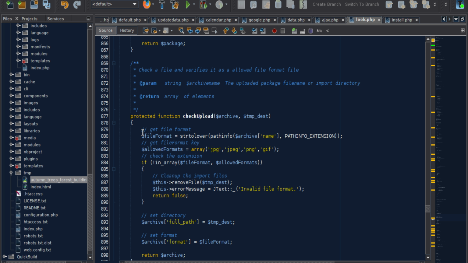Now, this isn't airtight, because this really just checks that the file's type is one of these, the extension. It doesn't actually validate that the file really is an image. There are more secure ways to do that, but if you use them on the server side and your application is going to be running in shared environments, it will cause